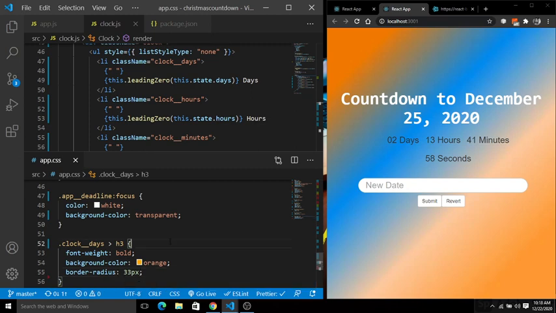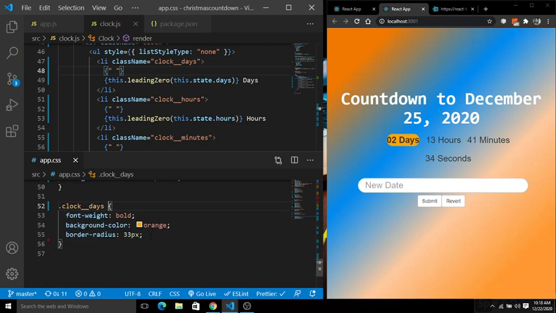Okay, inside the clock date list item class we have this h3 tag. So what I'm going to do, simply remove this, save this. Now you can see, very nice.